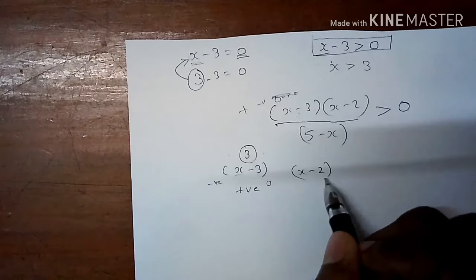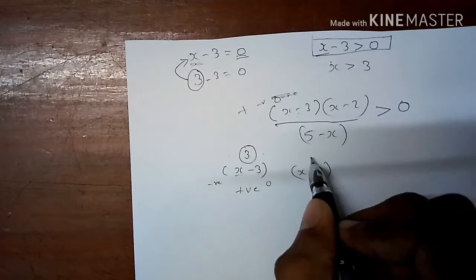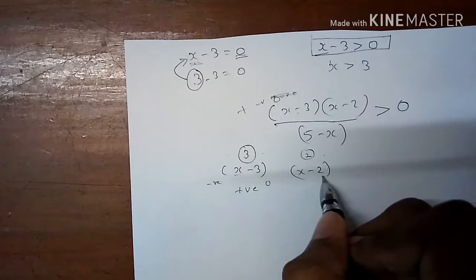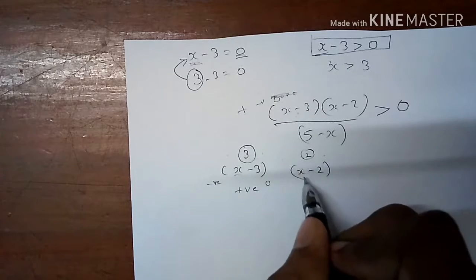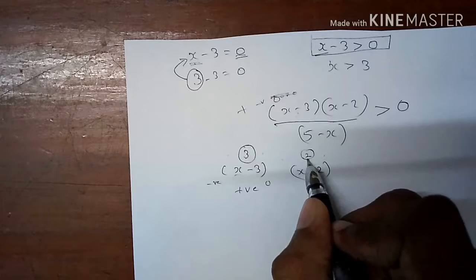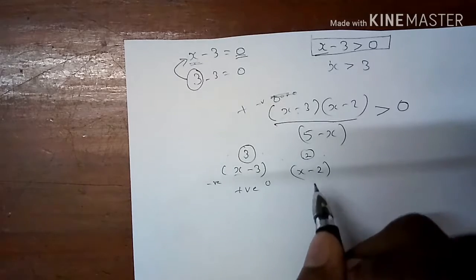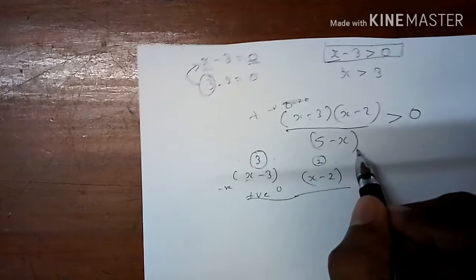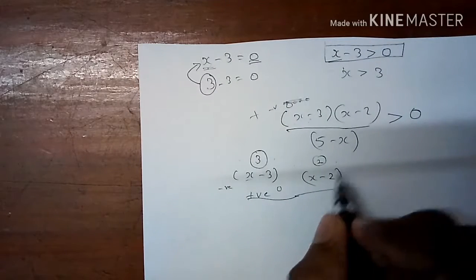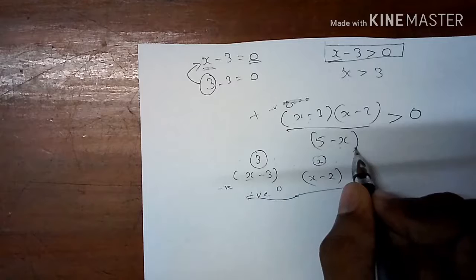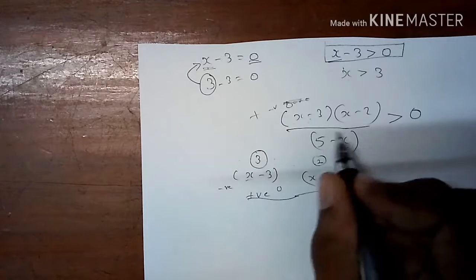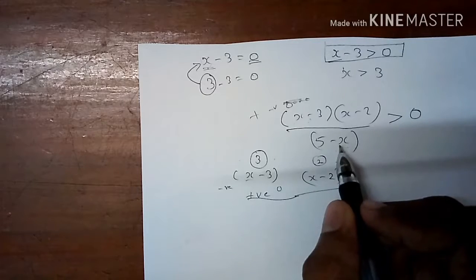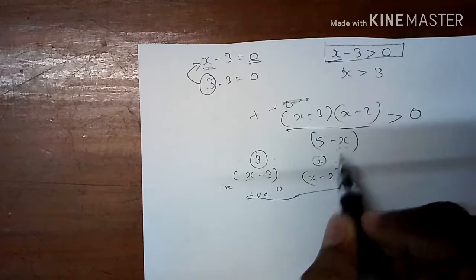So for each bracket it's like that. Here we got x to be 2. So if it's greater than 2, this bracket is positive. Less than 2, this bracket is negative. And if it's equal to 2, it's 0. But in this case, it's kind of opposite. If the value of x is greater than 5, this entire bracket will be negative. If it's less than 5, this entire bracket will be positive. That's kind of the reverse way